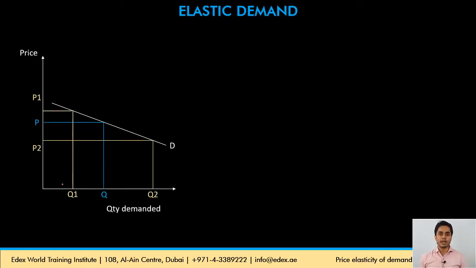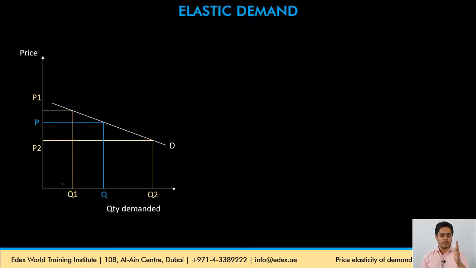Then we have the elastic demand. Think of a rubber band wherein a slight force is applied, but the rubber band expands by a great margin. There are some products wherein if there's a slight change in the price, which is the force on the product, the effect on the product is much higher compared to the change in price, and such products are known to have elastic demand. If I show you on the graph, the demand curve is downward sloping but relatively flatter. Our inelastic demand curve was relatively steeper. The elastic demand curve is relatively flatter.